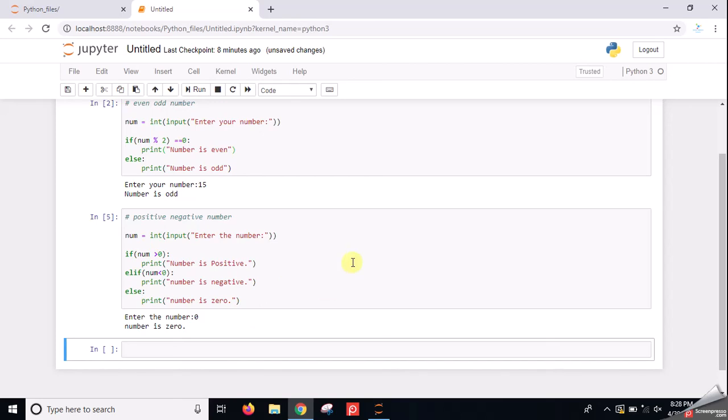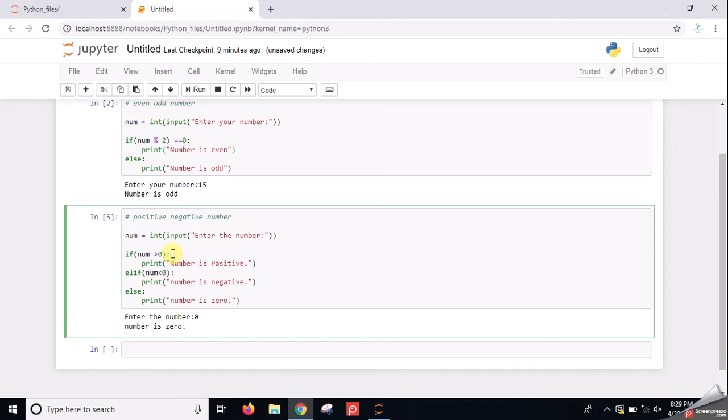You can use any number of conditions, any number of elif in your program. The thing to note is that there is certain syntax you have to follow: the statements after the if part should be indented, and after the condition you have to put the colon. So this is the important part, you have to follow that.